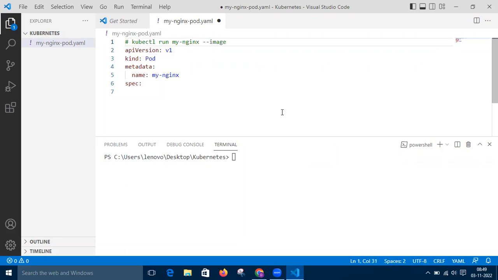Now our earlier command is kubectl run myNginx --image=nginx. This is the imperative approach. I want to use a YAML file for that. So this is the name we will be giving. This is similar to this. This is pod, and this is the API version. In spec,